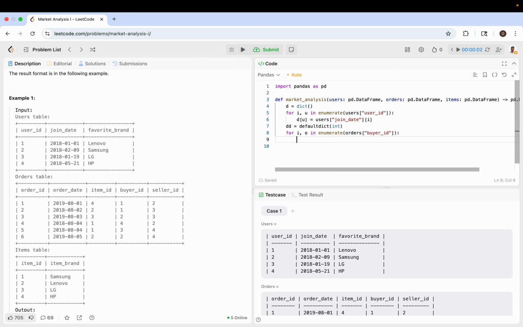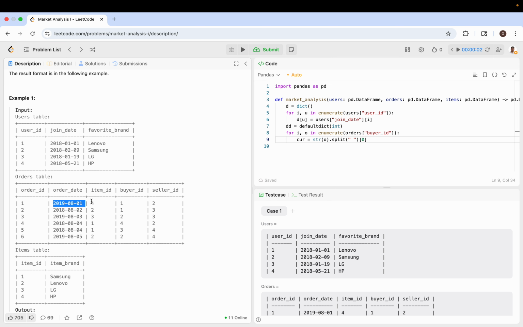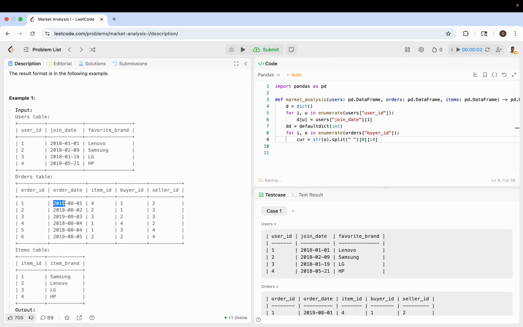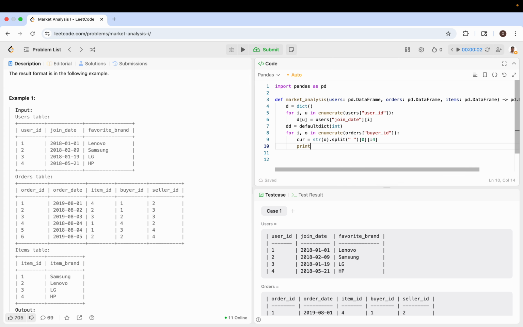So first we have to figure out if it is 2019. Let's call this cur is string o dot split of 0. That's just going to give us this one because the whole thing is an ugly date timestamp, like a datetime. So this is actually just going to give us the actual value itself. And then also we want up to 4 because that just gives us this part. Okay, so if we print cur,